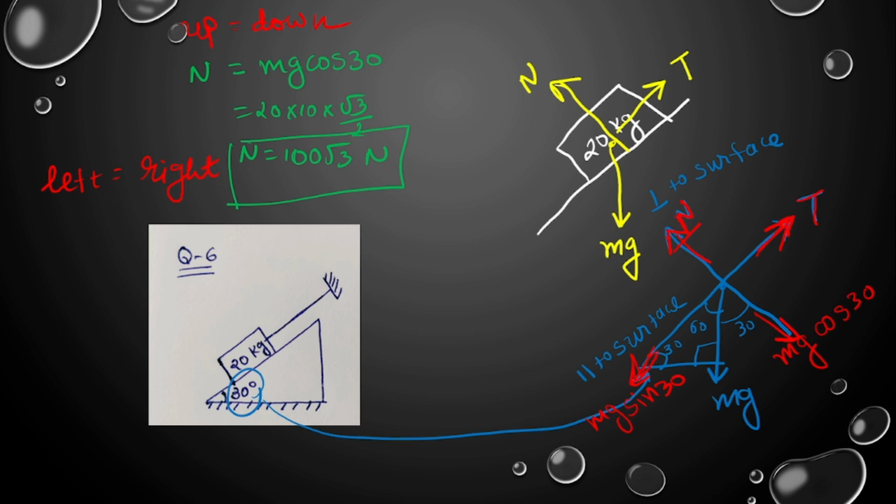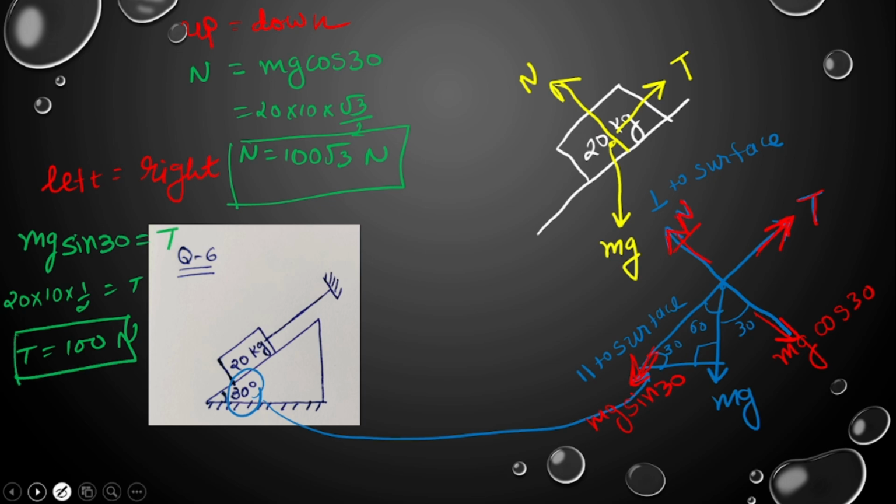Okay, right equals to left means mg sin 30 equals to tension. M is 20, g is 10, sin 30 is 1 by 2, equals to tension, and tension is equal to 100 Newton. Getting my point? Not so difficult, much easier question. After that,